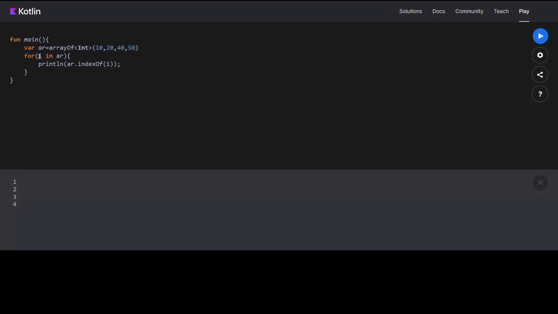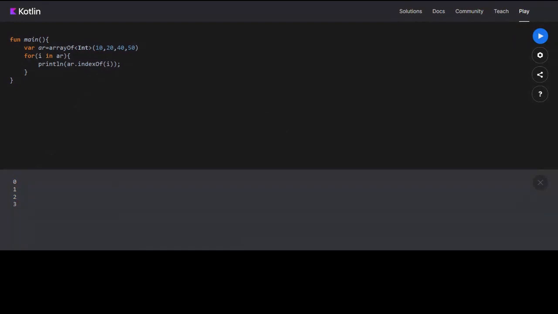So the value of I will be 10 first, then 20, then 40, then 50. If I want to get the index of that value, I will pass indexOf, then I will be 10 here first. So it will print the index of these values. See, 0, 1, 2, 3, like that.